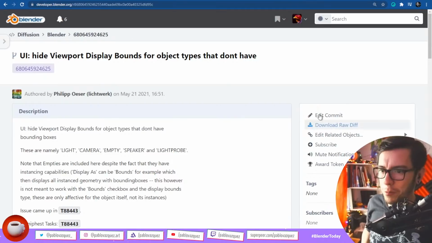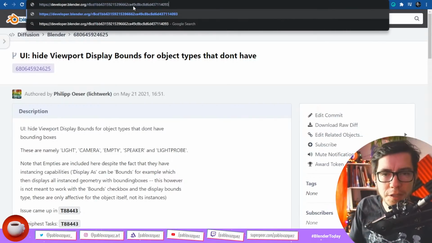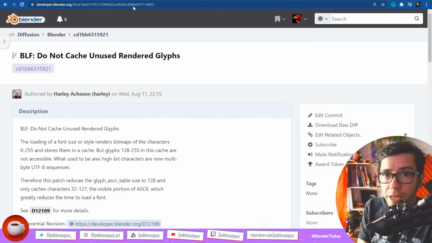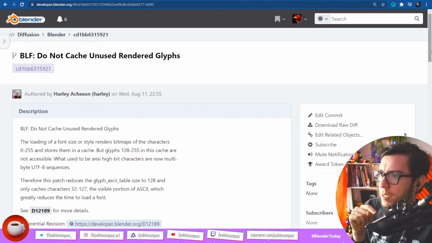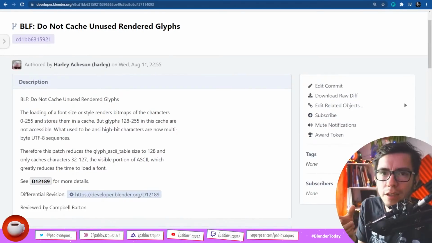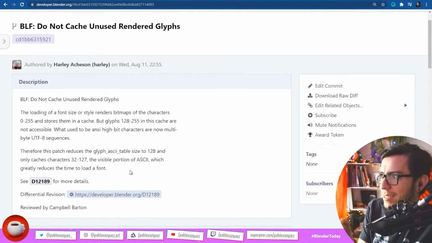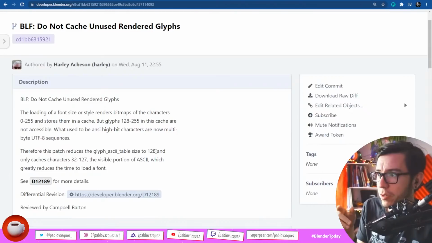So very welcome. And this one is mainly about performance, but there are a number of changes coming to the way fonts are displayed in the file browser. This one is mainly a cleanup to avoid calculating fonts that are not really being used. In this case, it reduced the render time to load a font because it was keeping some unused glyphs.